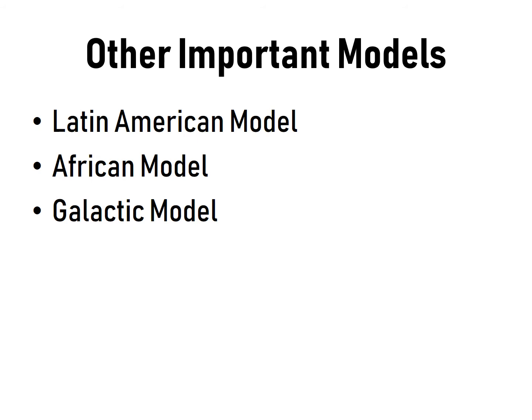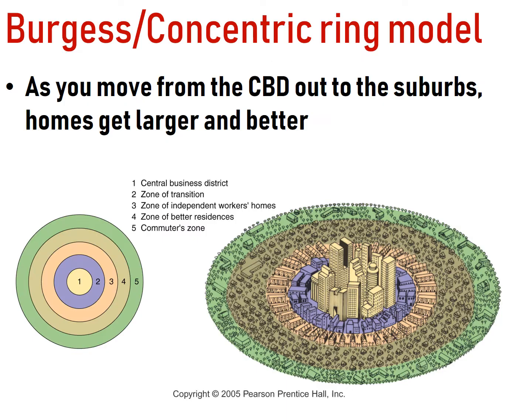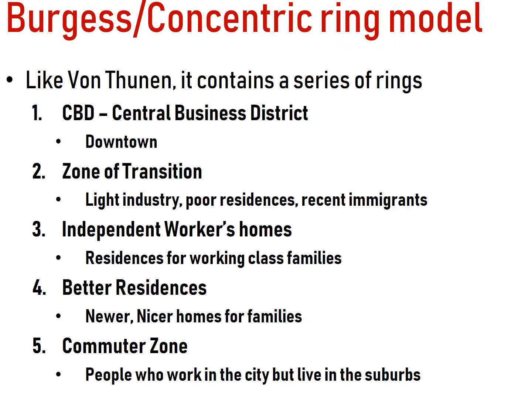So they're going to have similar characteristics, but we'll talk about that as we go through them. So the first one's the Burgess or the concentric ring model. It has the central business district in the center, and then as you move out along these rings, the houses get nicer. So essentially, closer to the central business district, you're going to have the manufacturing there. You're going to have poor people there, the recent immigrants there, light industry, because these are where these jobs that